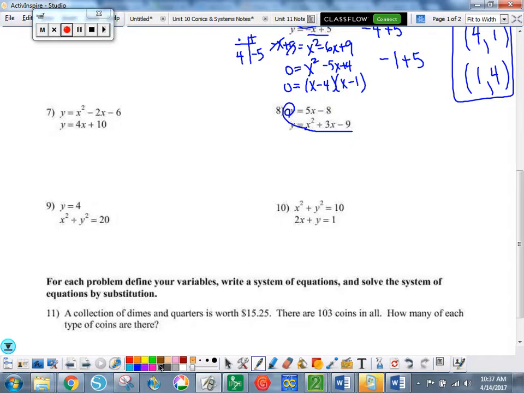So what do we have? X squared plus 3x minus 9 equals what? 5x minus 8, good. Still a quadratic equation. So how do I solve the quadratic equation? Everything on one side has to be 0. So let's subtract the 5x, and this becomes a what? Negative 2x. Let's add the 8. This becomes